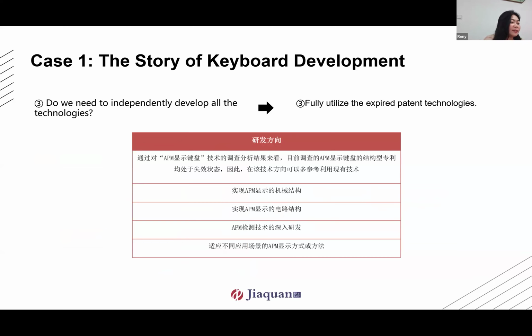When solving the second problem, we found that among the patents related to the APM keyboard, most of the patents regarding the keyboard structure designs are already expired. For these invalid patents, they can actually be used, and the risk of infringement is relatively low. If the engineers don't have too many innovative ideas in terms of structure, they can try to refer to these structural designs in these